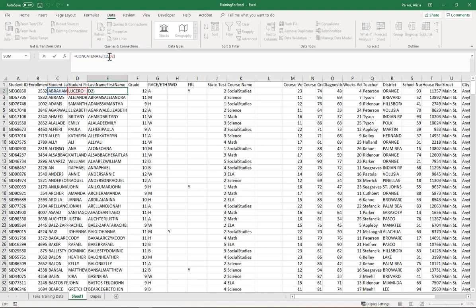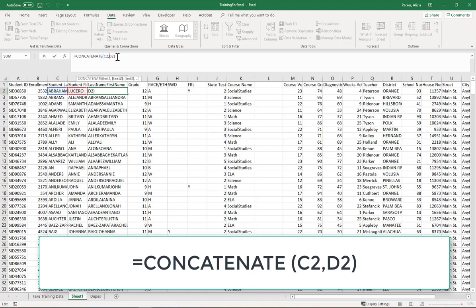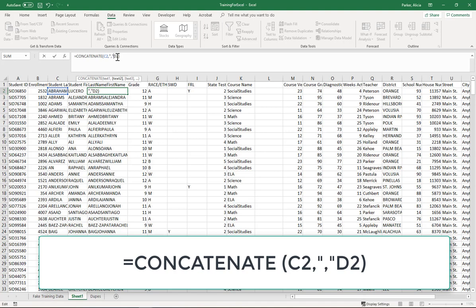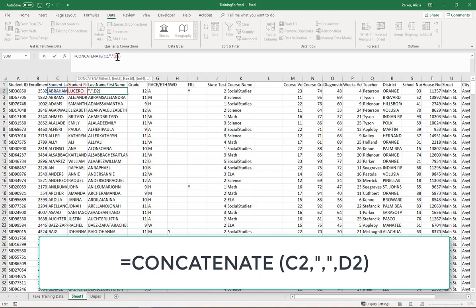If I put my cursor between C2 and D2 and I want to add a comma here, I have to realize that there's already a comma, which is part of the syntax or sentence structure of this Excel formula. But I need a comma as a text feature that Excel recognizes needs to be a part of the output in this cell. I need it to read Abraham, Lucero. So to do that, I will put a double quotation around my comma